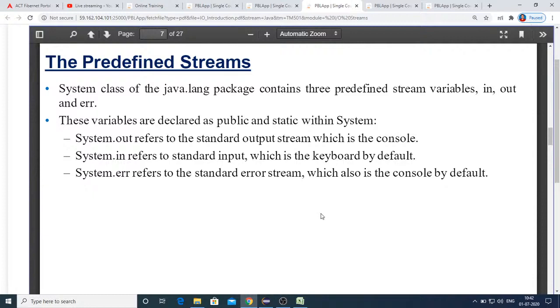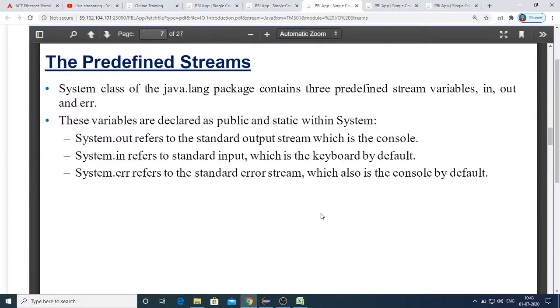But in real-time applications, we generally don't display that error information to the client or end user, because generally it will not be understandable for them, as the developer is the one who can understand that. Another reason is that the stack trace, whatever is being displayed, shows the source names. It shows the source names. So this is the place where it caused the exception, and this was being called by this particular class, and this class is being invoked by this particular class. Like that you will be getting that complete information.